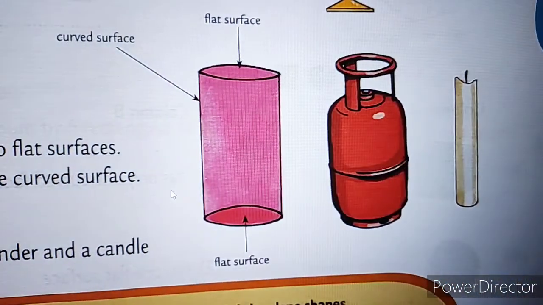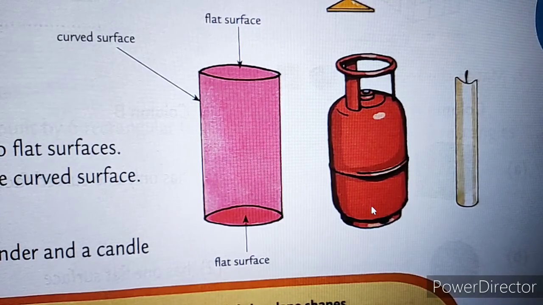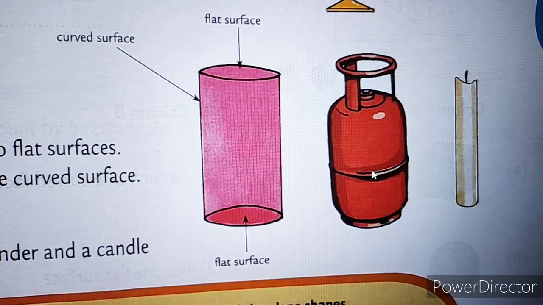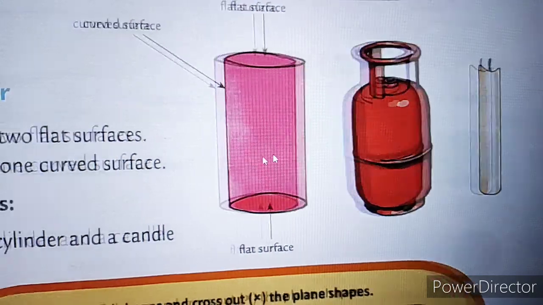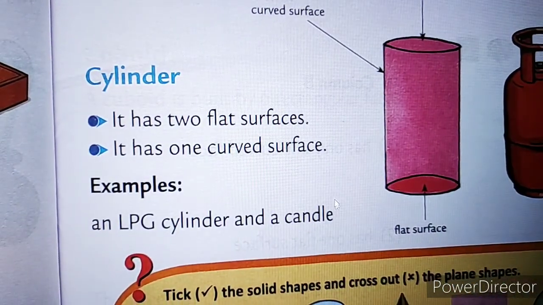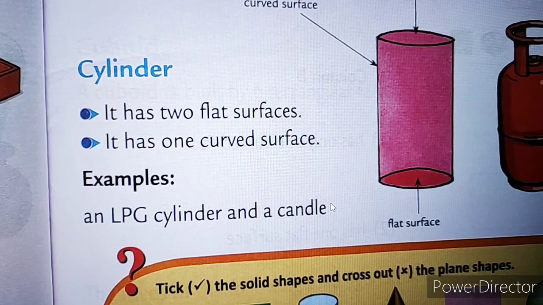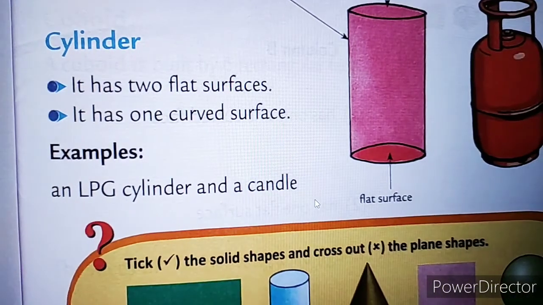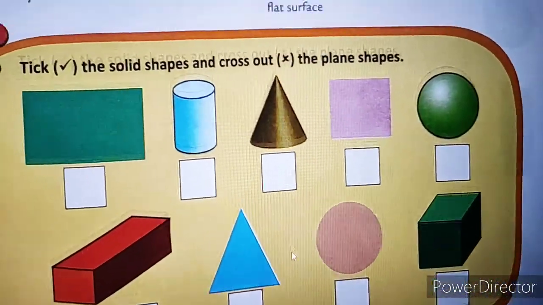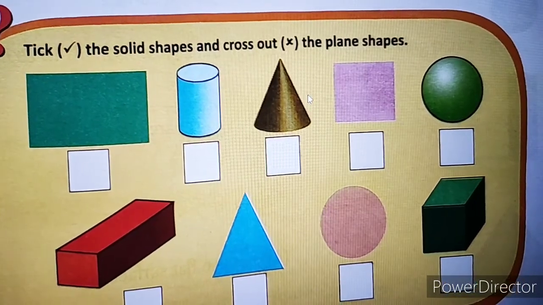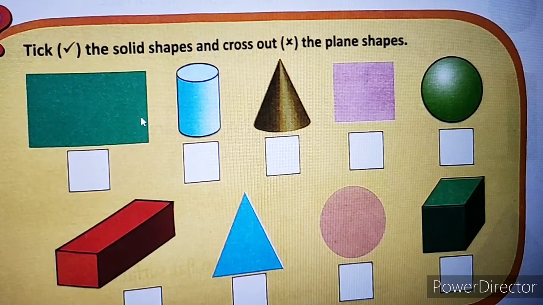An example of a cylinder? Obviously a gas cylinder. Have you seen any gas cylinder? Go to your kitchen and look for it. A candle is also a cylindrical shape. Your water bottle can be a cylindrical shape, right? Do you have a tube in your room? That tube is also a cylindrical shape, like a pipe. Water pipes are also cylindrical shapes. So these are all the solid shapes you can look around you.